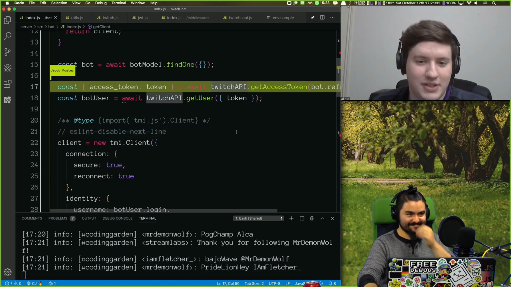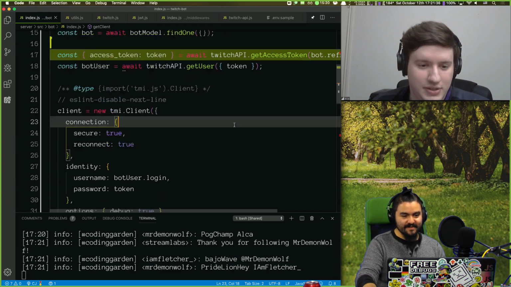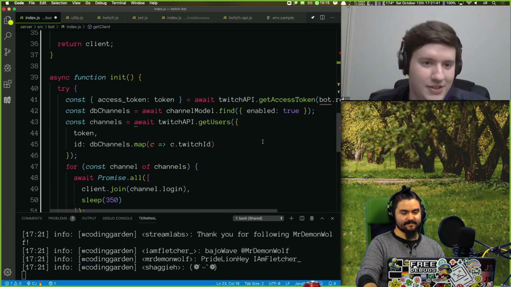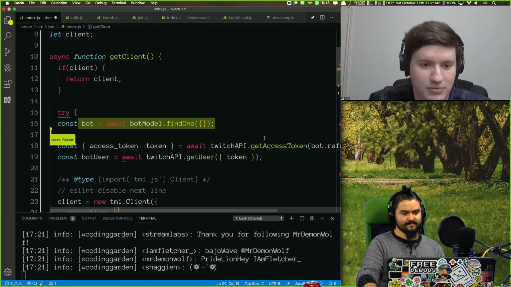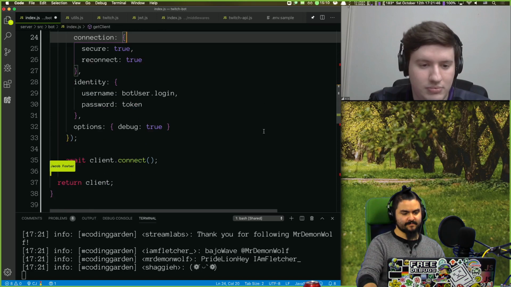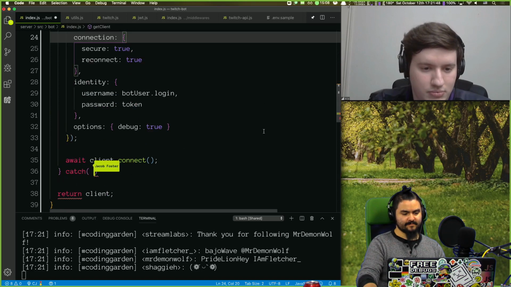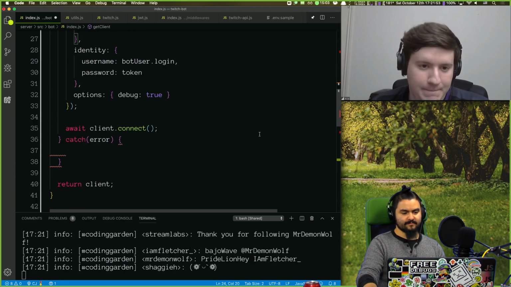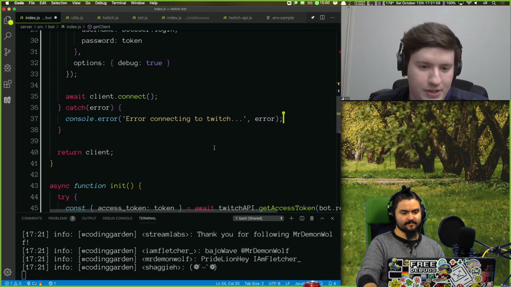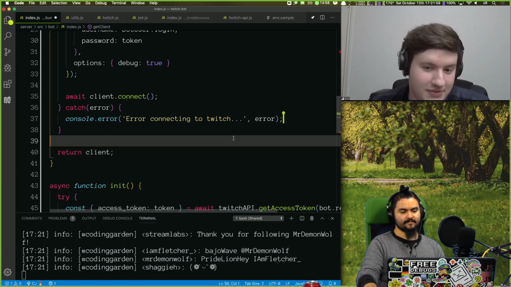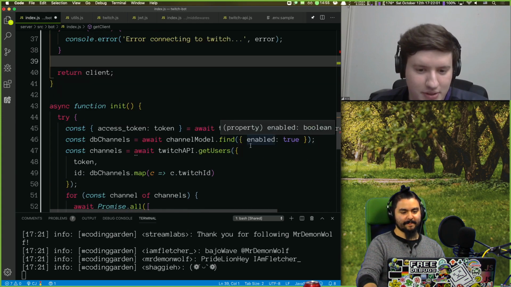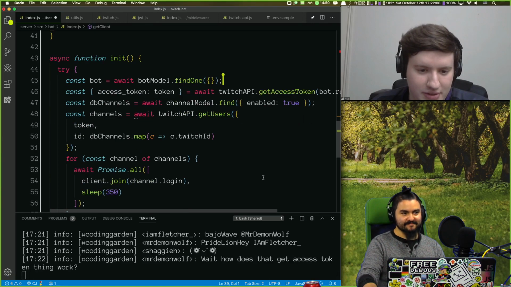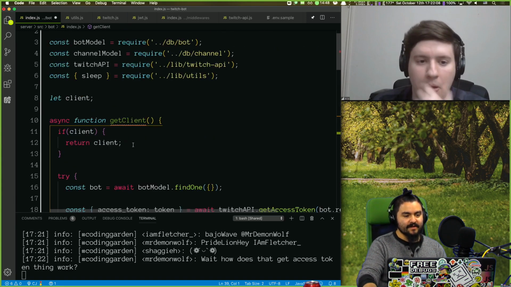There you go. Okay. Let's see. Need that here as well. And this needs to be in the try catch, I guess. Which is also doing database stuff. So yeah, my new bot is here as well. A lot of duplicate code on that. Yeah. So I guess the get client